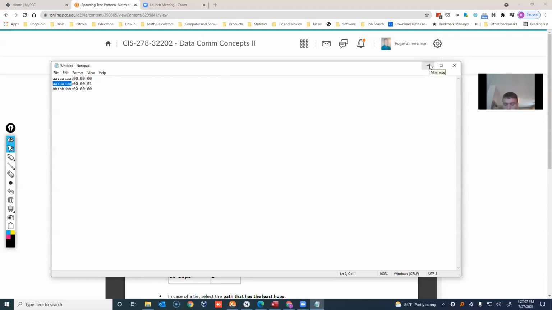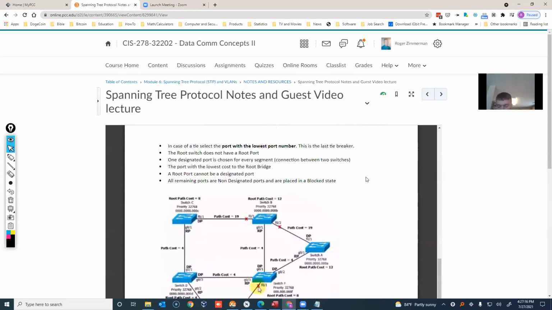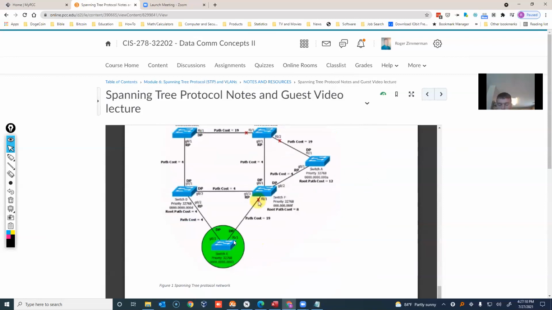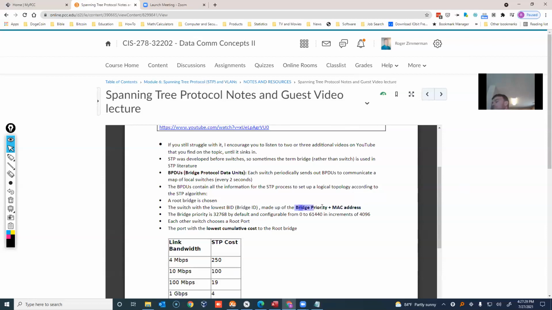Now, the oldest switch is also likely to be the slowest switch. So it's not likely that I would want the slowest switch to be my root bridge. Why would everybody try to send data in such a way that it maximizes the use of the oldest switch? That is one of the reasons I might want to change the bridge priority. I can't change the MAC address. Well, I can, but typically you don't. The MAC address is a physical burned-in address, and you could fool it, but